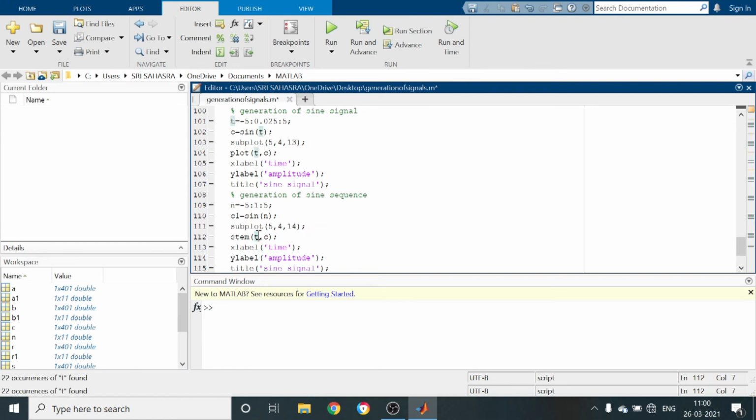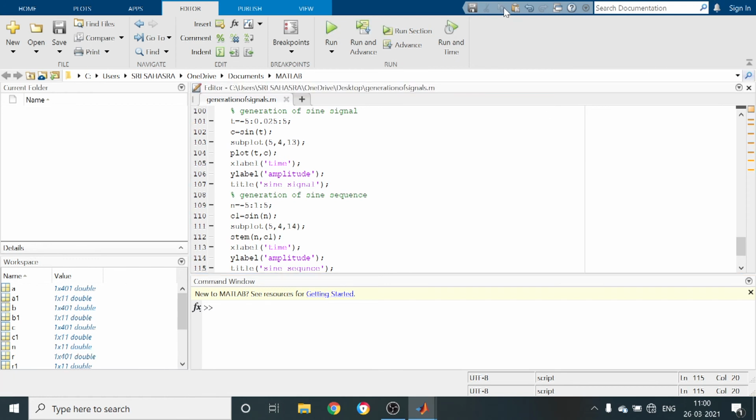Stem n comma C1, and the title changes to sequence. Again save the program and run it. Now we are going to get the sine signal or sine sequence in impulse form. That is the discrete time signal format.